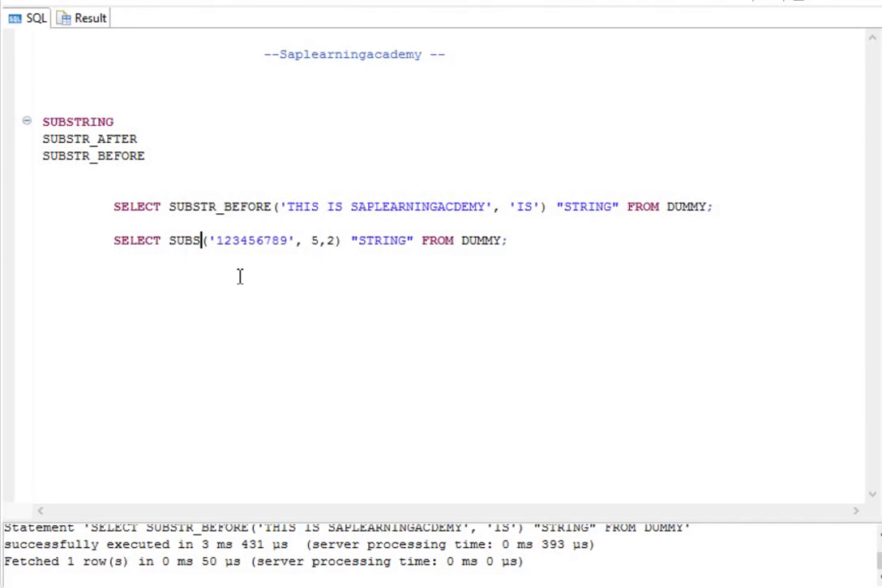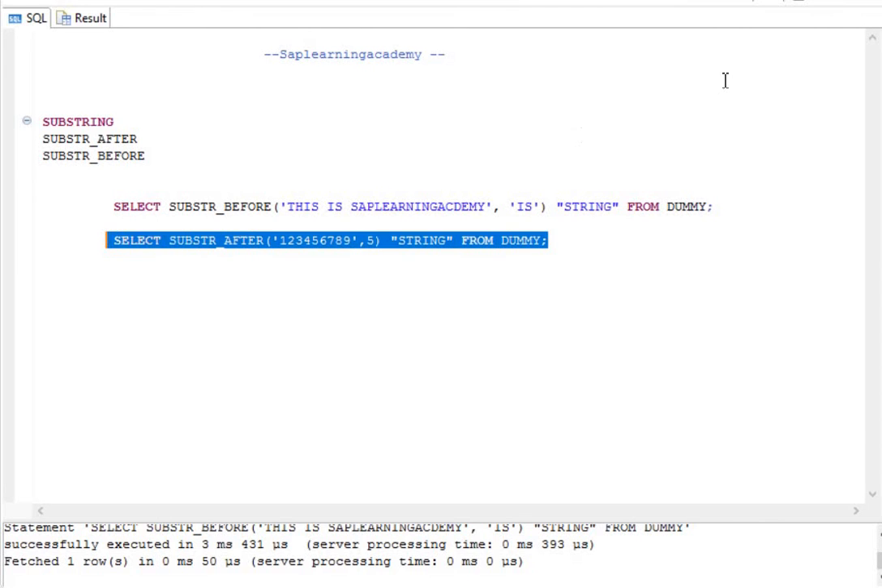Substr after is very useful whenever you are writing SQL. Suppose I'm giving 5. In the case of substring, you have to give the position, but here you don't have to give the position. Here you have to give the pattern. Like here you can see we are using the pattern 5. Now if I execute this substring after,